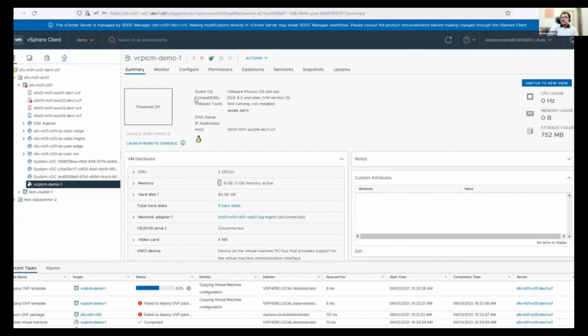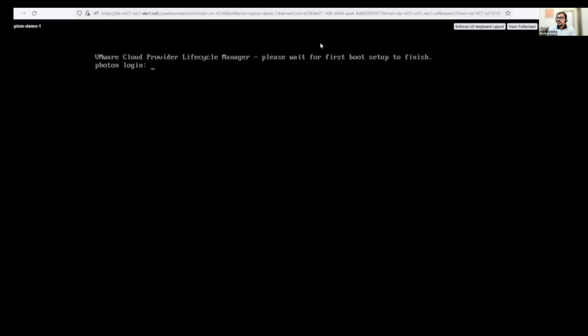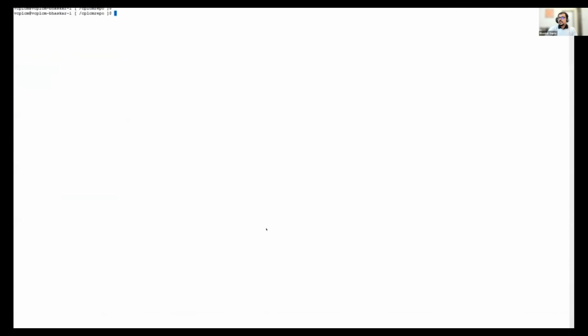Now, once this is deployed, we just need to log in to this appliance, and it will just reboot by itself, and using SSH, I'll show that in a while. So it's been deployed. It just reboots. We got a login now. Yeah. So what you see is the VCP LCM host here, and I have just logged in by SSH, and